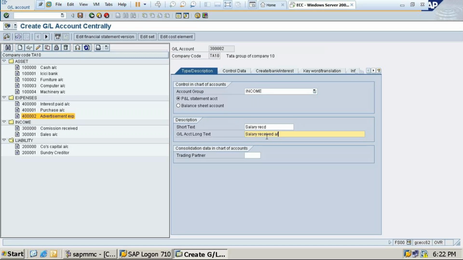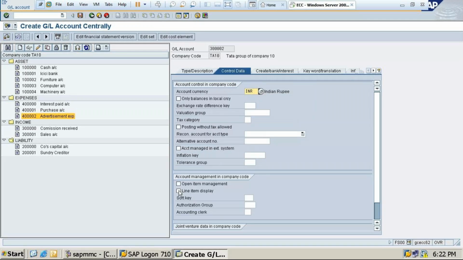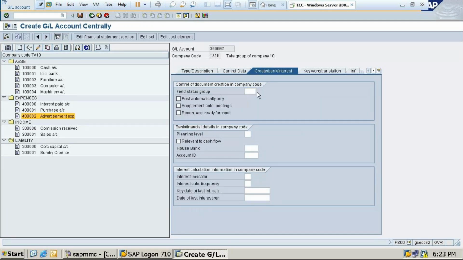Salary received rupees 20,000 by bank, suppose the question is like that. So control data, line item display, short key is 001. Create bank interest is G001. Okay, then click on save.